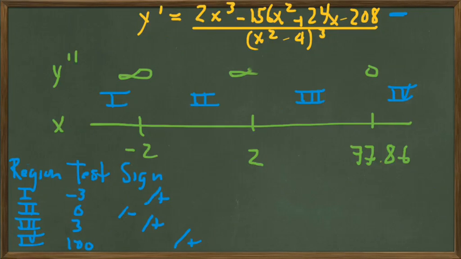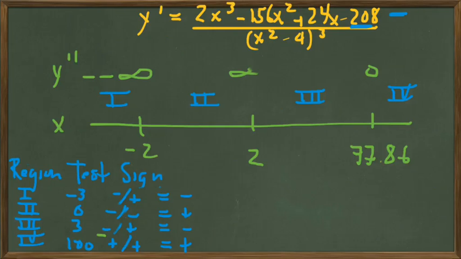But let's just fill that information in. When we plug in minus 3, the sign of the numerator is negative. When we plug in 0, we can actually see that because it's only the minus 208 that remains, so we still get a negative. When we plug in 3, we get a positive, and when we plug in 100, we get a positive. So let's look at all that we've got now. Notice that this numerator sign, when we plugged in 3, should have been a negative right here. So here are the signs in the 4 regions: